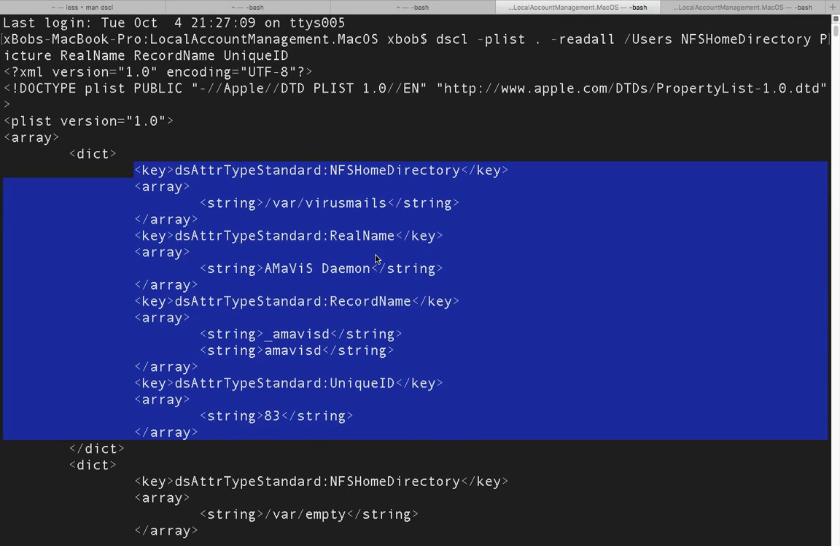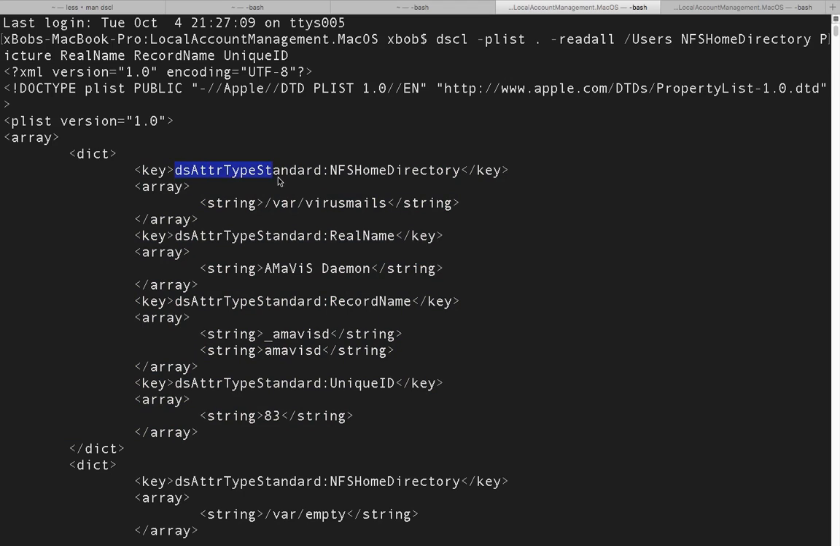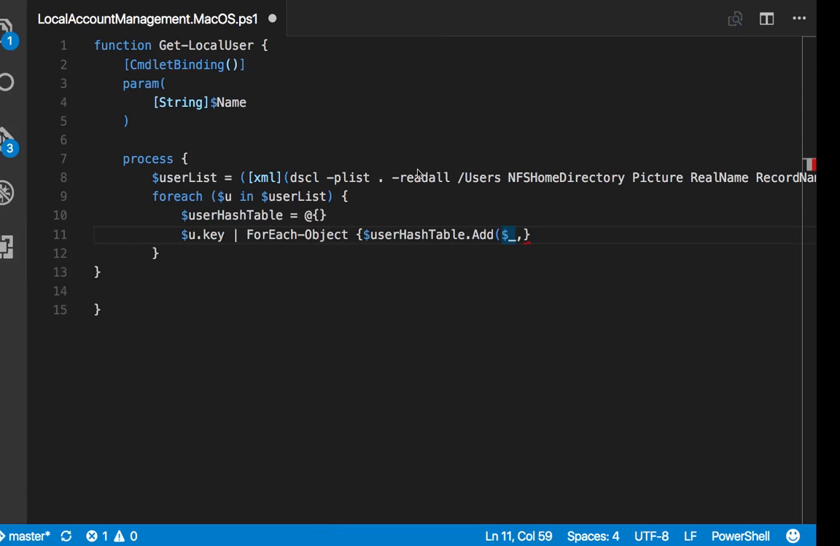If you look at all these keys, the way this plist file made them, there's this DS attribute type standard followed by a colon and then the actual key name. I want to take this first part out. It makes it a little bit confusing, harder to work with. So I'm going to deal with that first. If I go back over to Visual Studio Code,